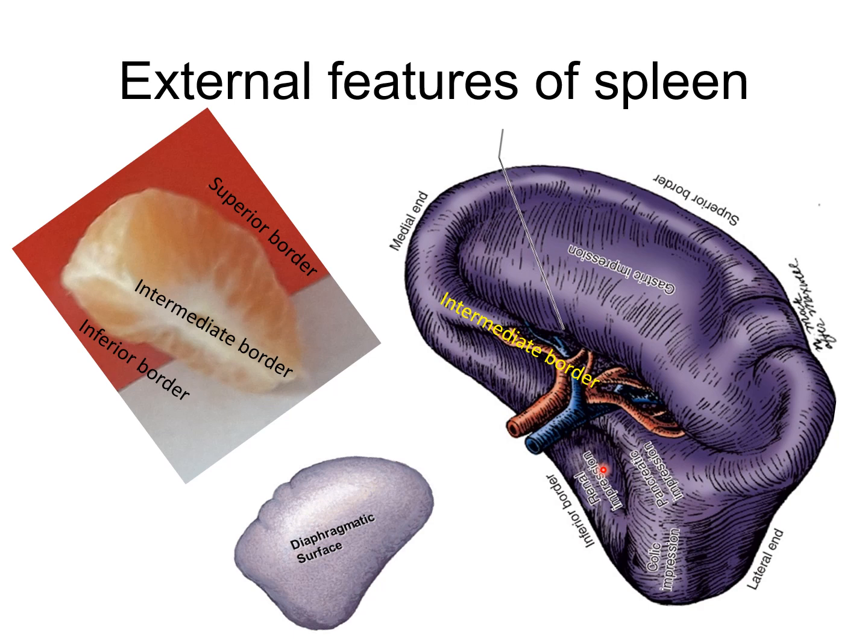Now to see the borders, this is the superior border and it separates the visceral surface from the diaphragmatic surface above. And this is the intermediate border and the lower one is the inferior border and this border also separates the visceral surface from the diaphragmatic surface inferiorly. Now if you closely observe the superior border, you can see some notches and it can be a single notch or it can be many in number, and this is very important to keep the spleen in anatomical position.